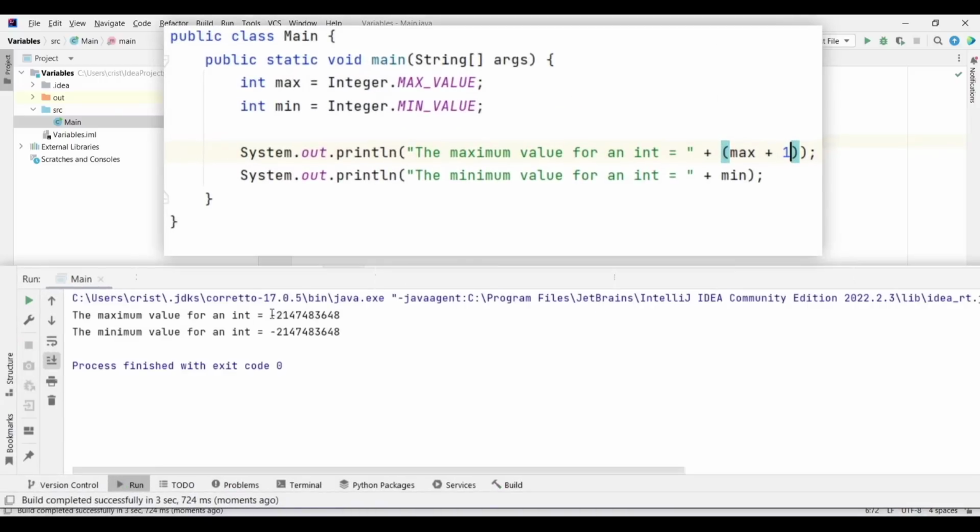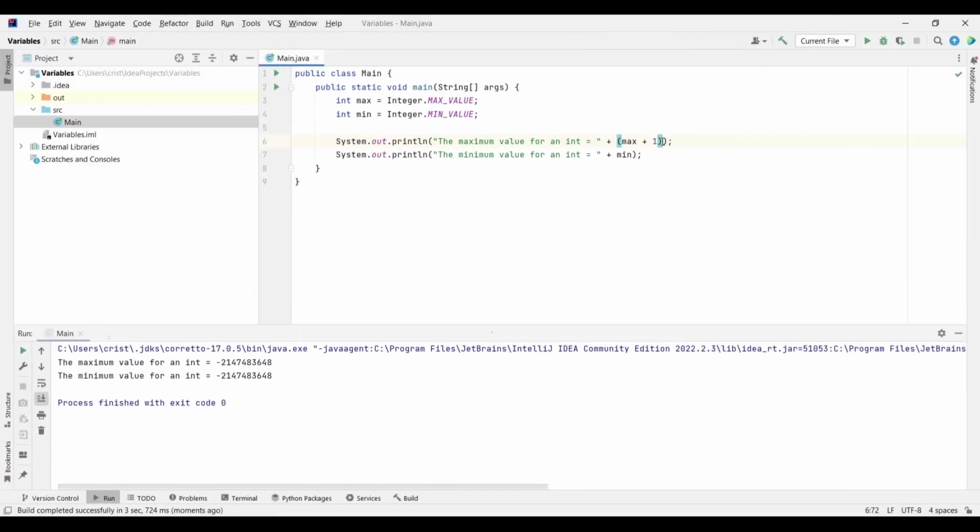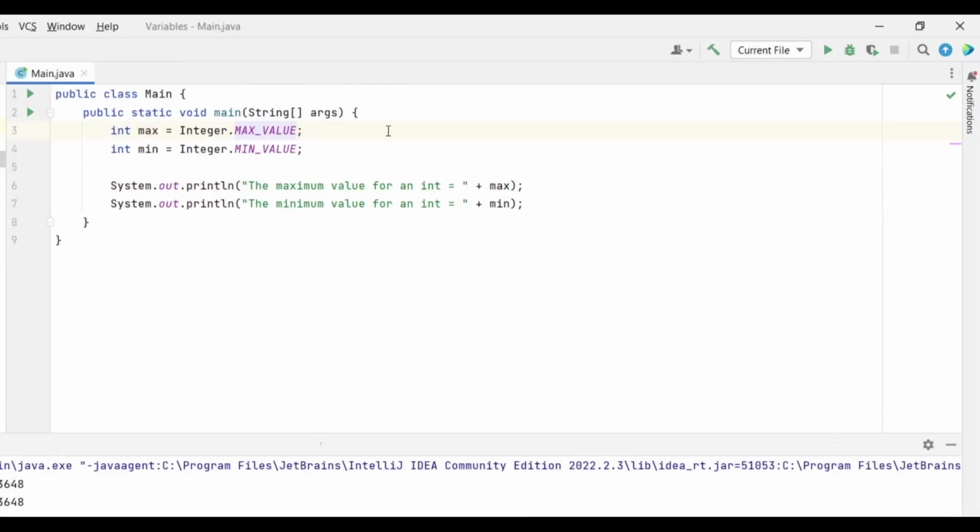We get the minimum value output now, because it tried to put this number, which is the maximum number plus 1, in, it tried to output that in the console, and it couldn't, and because of that it outputted the minimum value. So let me show you more specifically what this error is called. So let's delete this, and let's put here plus 1. So now we have a number bigger than the maximum value because you're adding 1 to it.